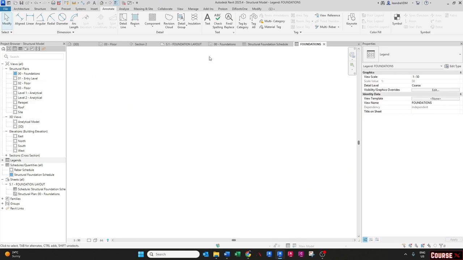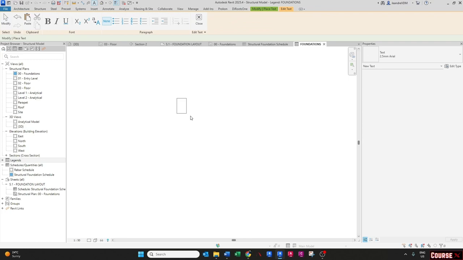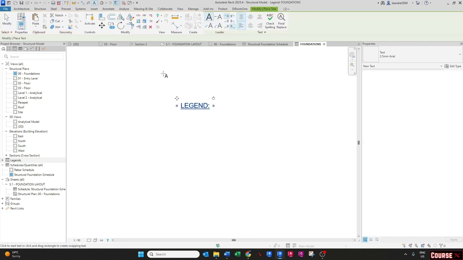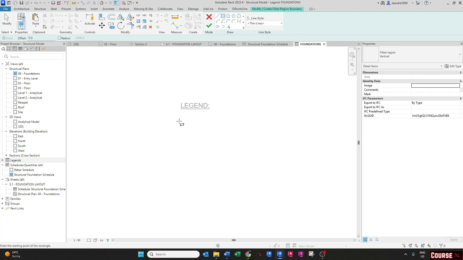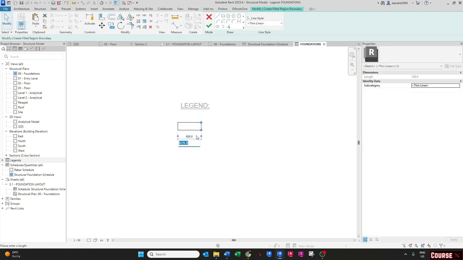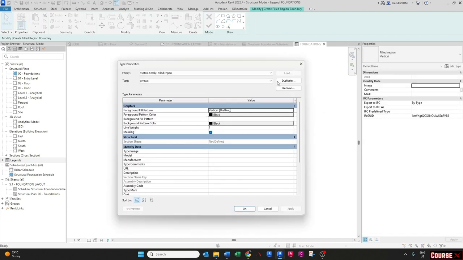Then you can just go here and say text, say here legend, do that, and then we can go here, region, fill region, and you can go and do something like this, maybe make that 500 and that one 200, which is fine. Just move it more or less here, and then you can go and edit this filled region